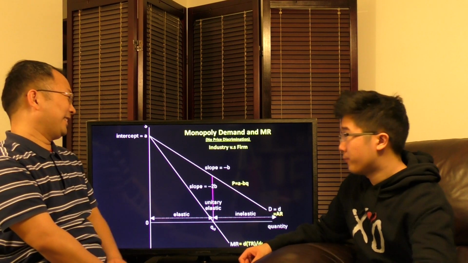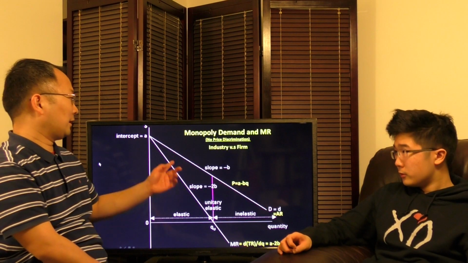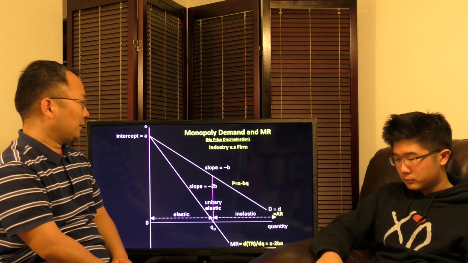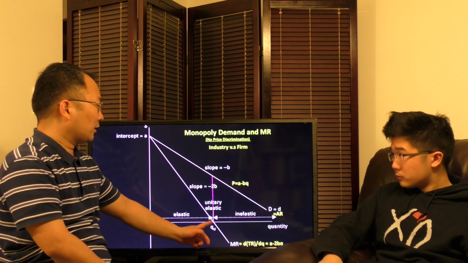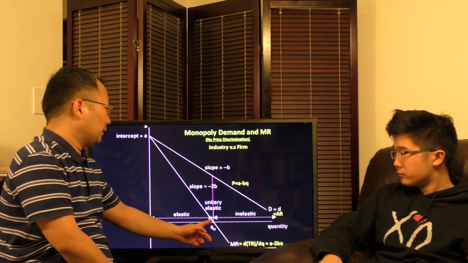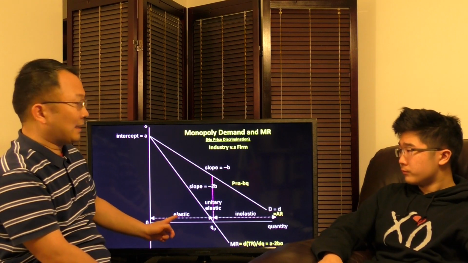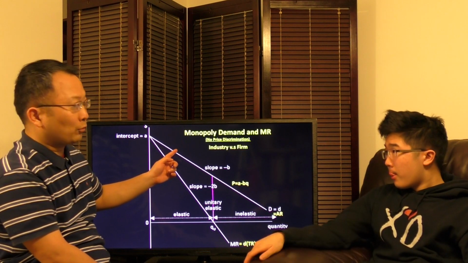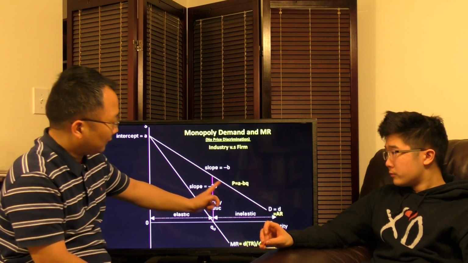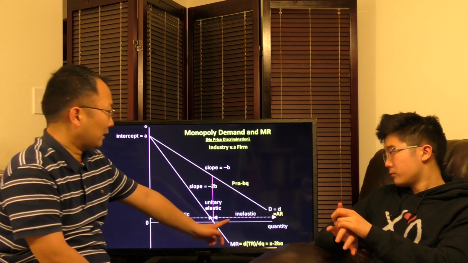Yeah, PEOD. We actually discussed the PEOD for the last few episodes. If you guys still remember, when the PEOD equals 1, it actually means the quantity effect cancels the price effect, right? Yeah. So interestingly enough, for the first half of the demand curve, we have elastic, which means epsilon greater than 1. Yeah. And at the middle point epsilon equals 1, PEOD equals 1. And in the latter half, it's epsilon less than 1. So that's called inelastic.